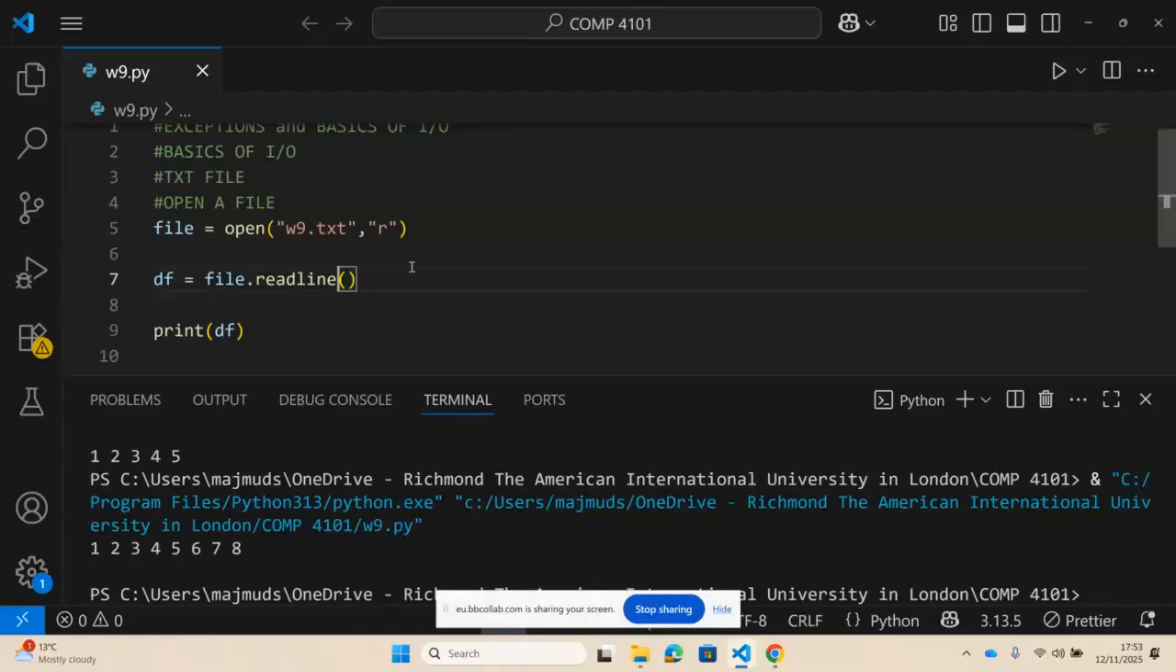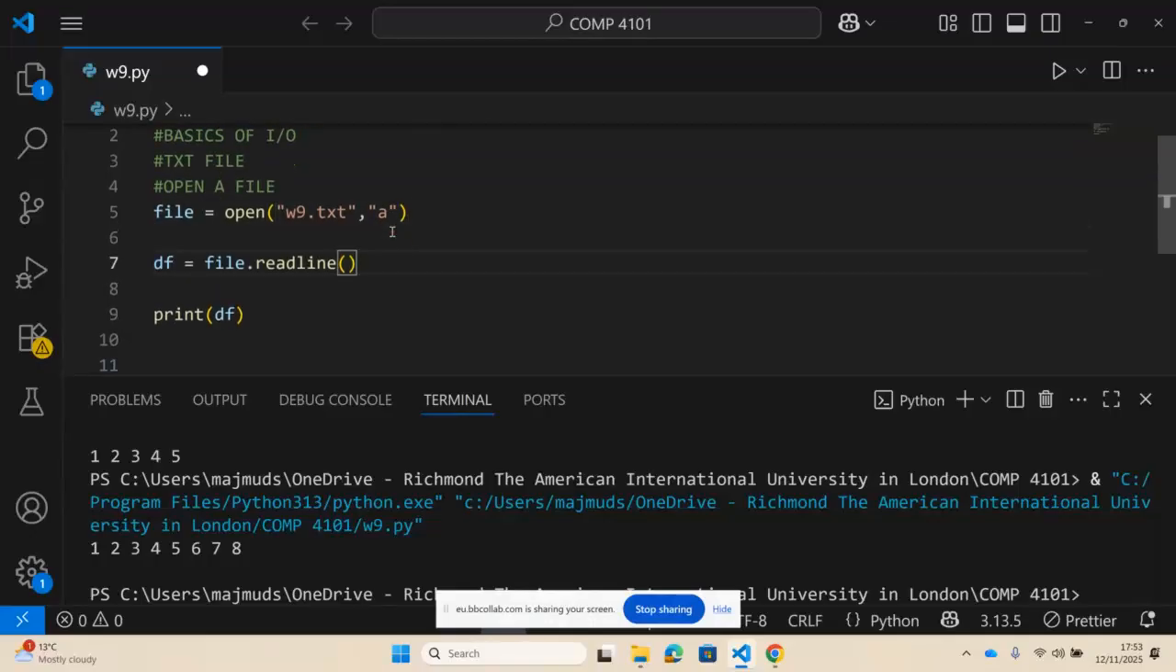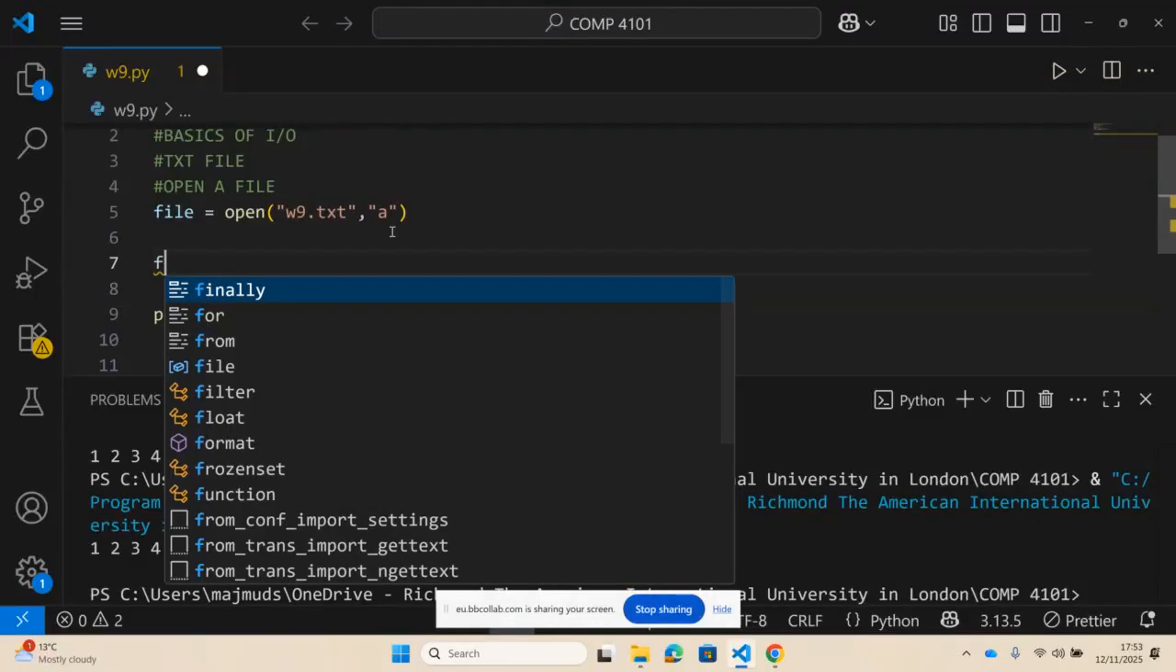Okay, did that make sense? Okay, let's do A now. So let's try to do A here. What does A do? Whatever you give, it will add it at the end. So in this case, you don't have to give df. You just have to say file